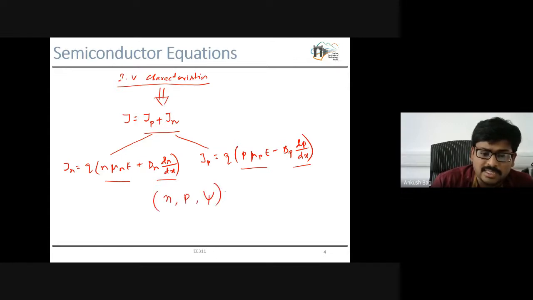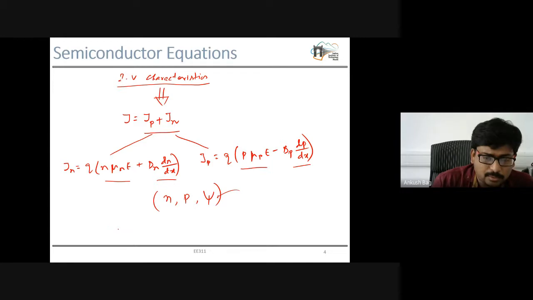So what is psi? Psi is the potential or the bias we are applying. So minus d psi dx is actually your electric field. If we understand these three parameters, we'll be able to calculate the current density individually for your electron, and then we'll get the overall current density. Then we can understand the IV characteristics of your devices. In more detail,